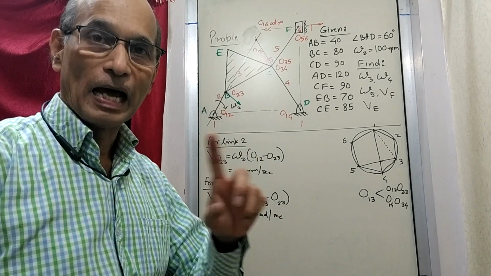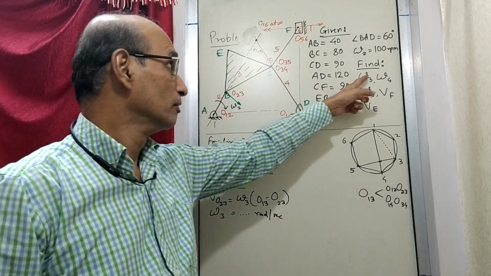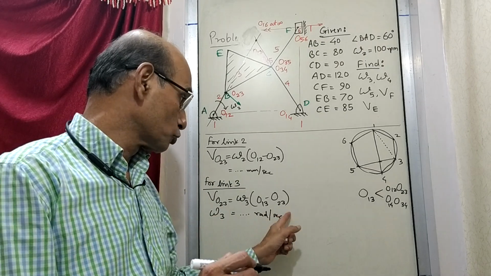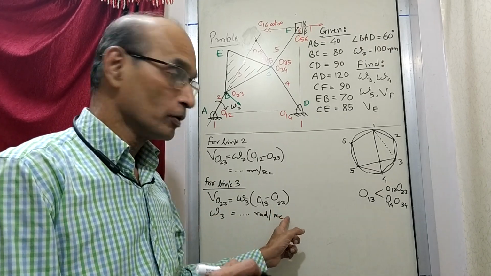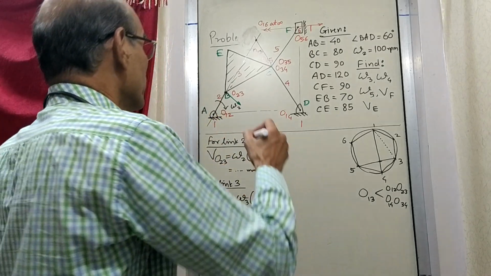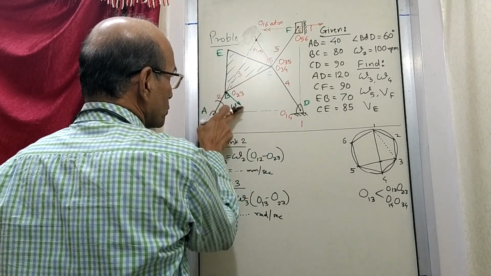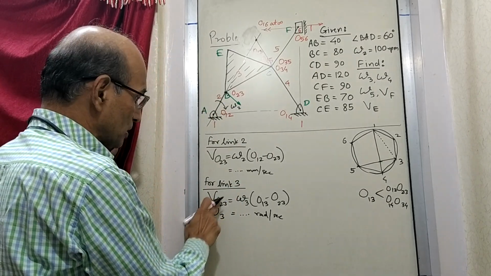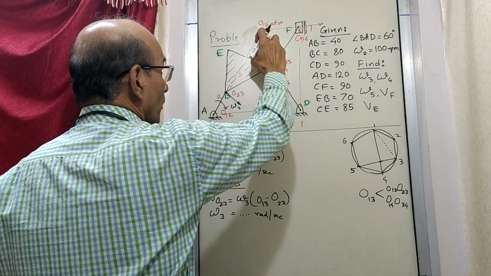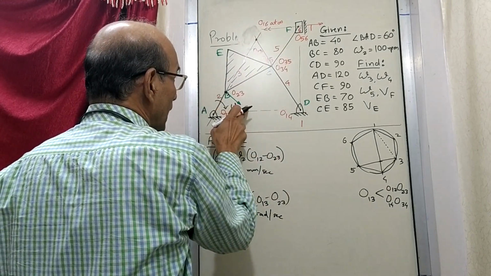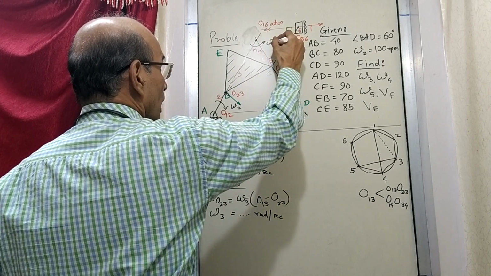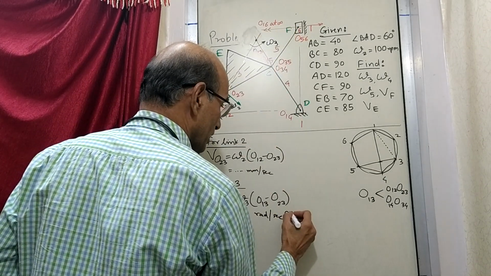Now all of you please note that when you find out angular velocities, just finding out the magnitude is not enough. We are supposed to write down the direction also. So omega 3 has got this magnitude, but its direction will depend on the velocity of this point 23. We said that 23 is lying on link 3. This link 3 is rotating about this point, and one point is going like that. Therefore omega 3 will be like this, which is anti-clockwise. So you have to write here anti-clockwise.